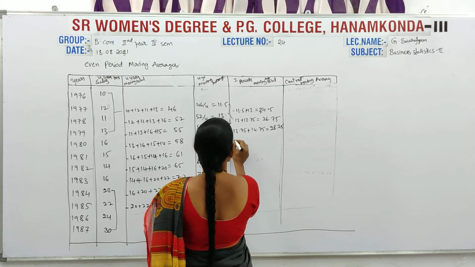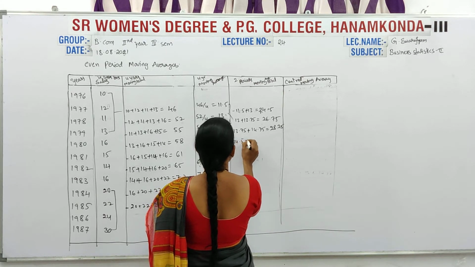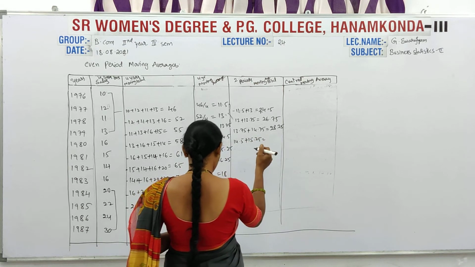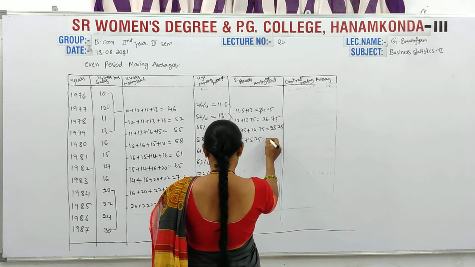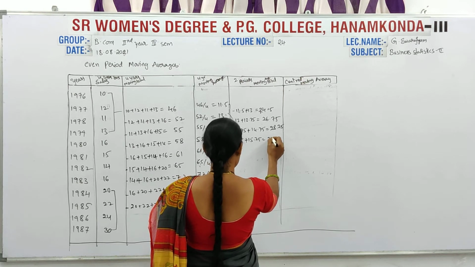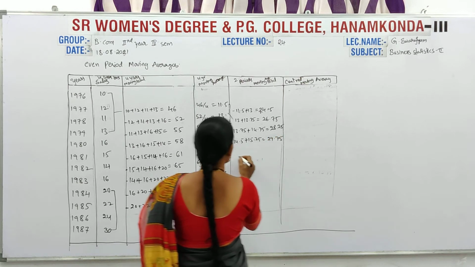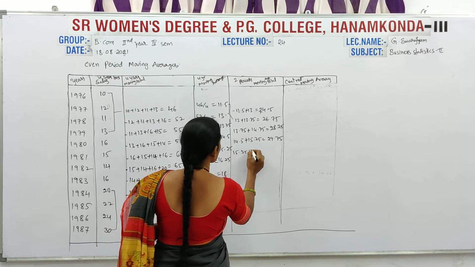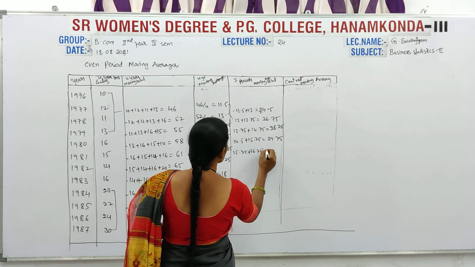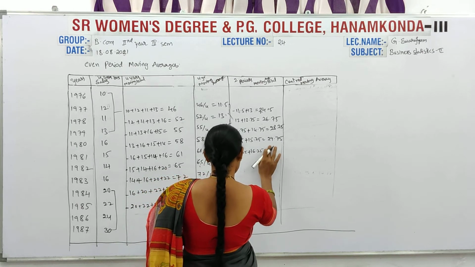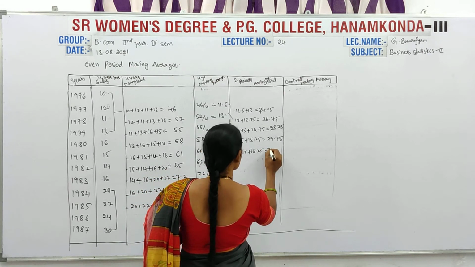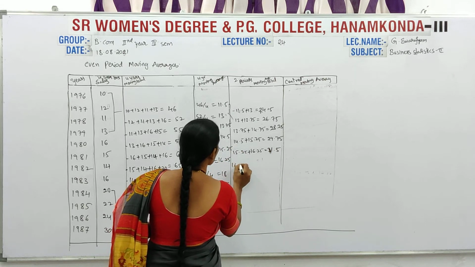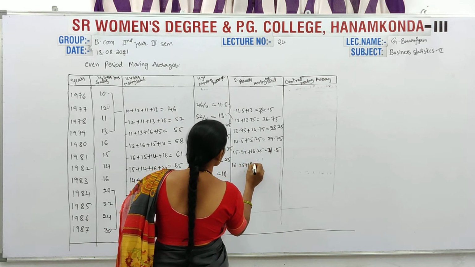Next, 14.5 plus 16.25. So the total is 29.75. 15.25 plus 16.25 is 31.5. 16.25 plus 18